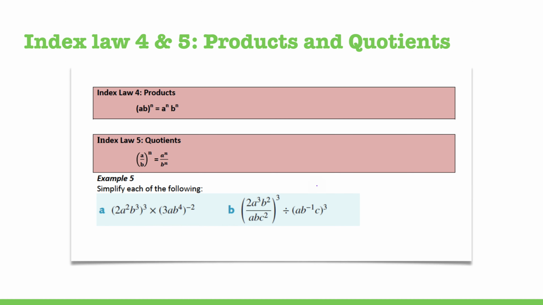For part B, we have quite a few things going on, and it doesn't really matter which order you decide to do each of these steps in, but we'll try and do it in the simplest way. First of all, I can see that this entire term is raised to the power of 3, so that means every single number is going to be raised to the power of 3. I can see that we are dividing. Now, remembering that when we divide a fraction,